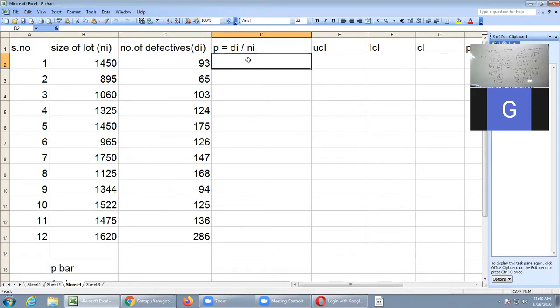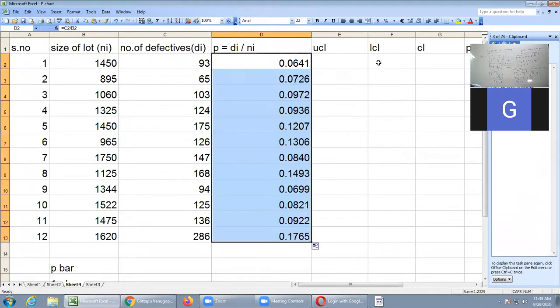So what is the formula? You can apply the formula here. Whenever you are writing the formula, press the equal to button. d values are changing, select the first one. Now n values are also changing, so select that one and then press enter. I have made this column up to 4 places, so I am getting 4 places. If you are not getting 4 places, then right click, format cells, number, decimal places 4. Now I have applied the formula so that I can drag. I can drag, and you will get the remaining values of p.